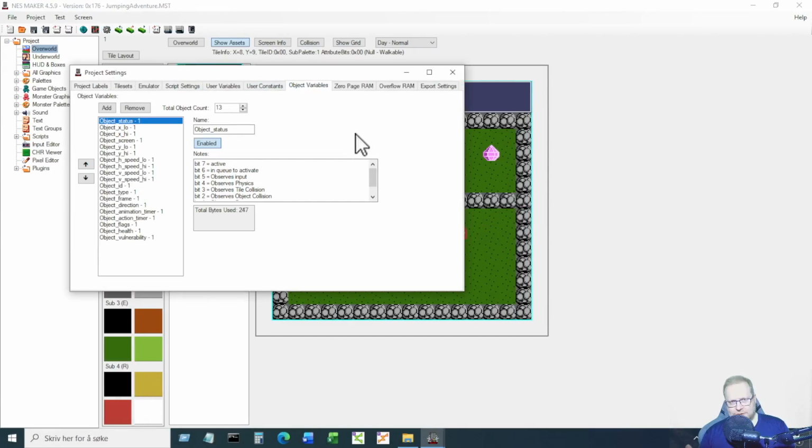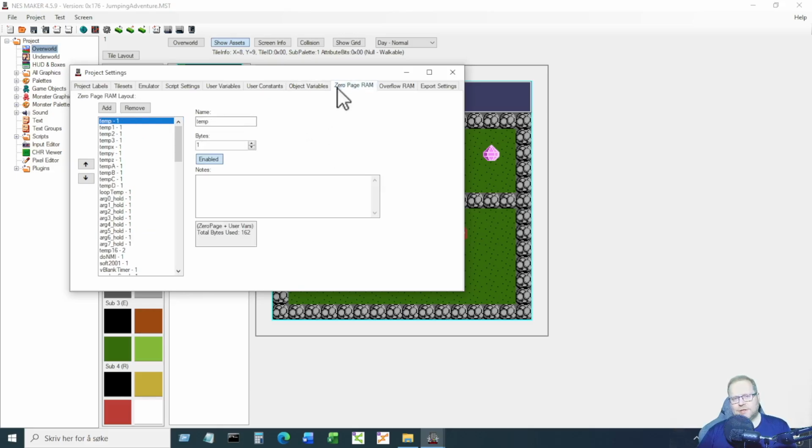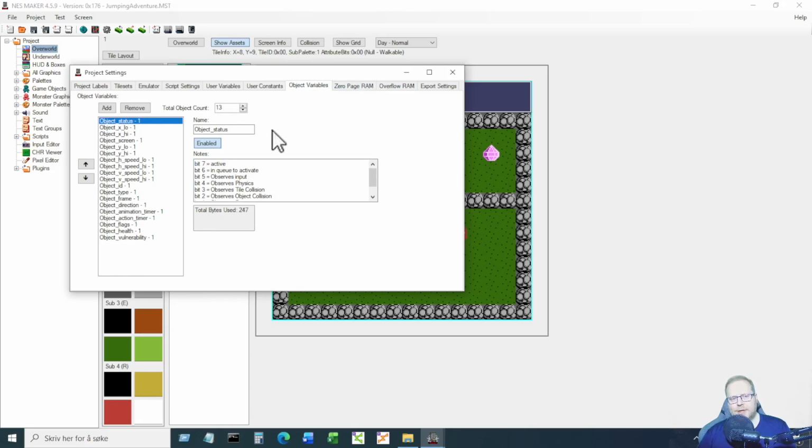Now let me just mention a quick thing about object variables. So we have different kinds of variables here in NESmaker. Now object variables are a little special because they're not really variables. You can think of them as tables. So each one of these in the list is not one variable, it's a table. And each of these has 13 entries as it stands right now. Total object count 13. So for example, object x high,